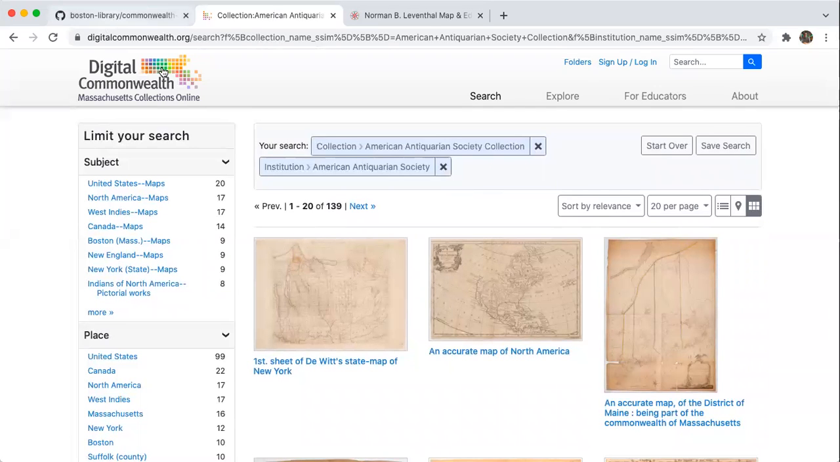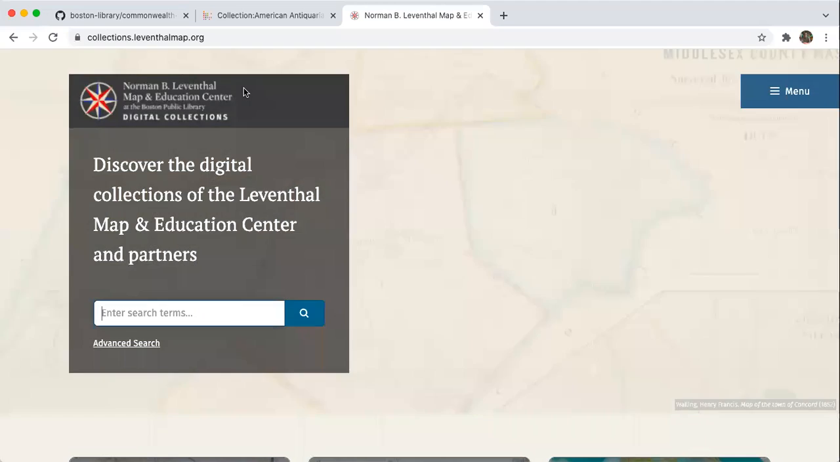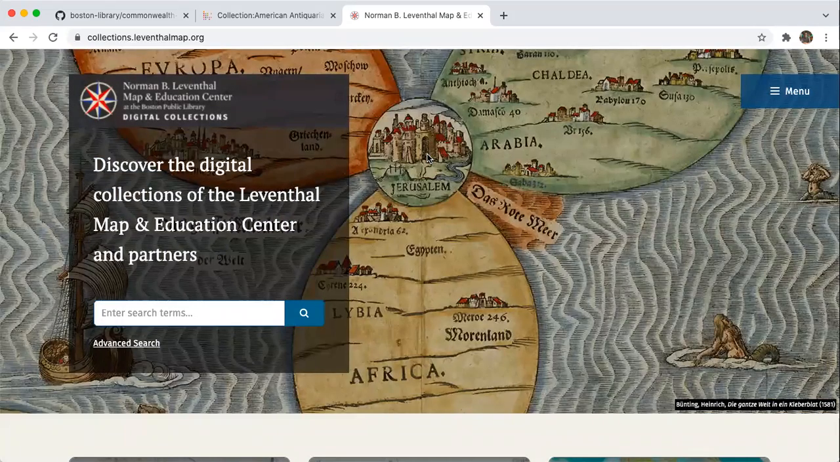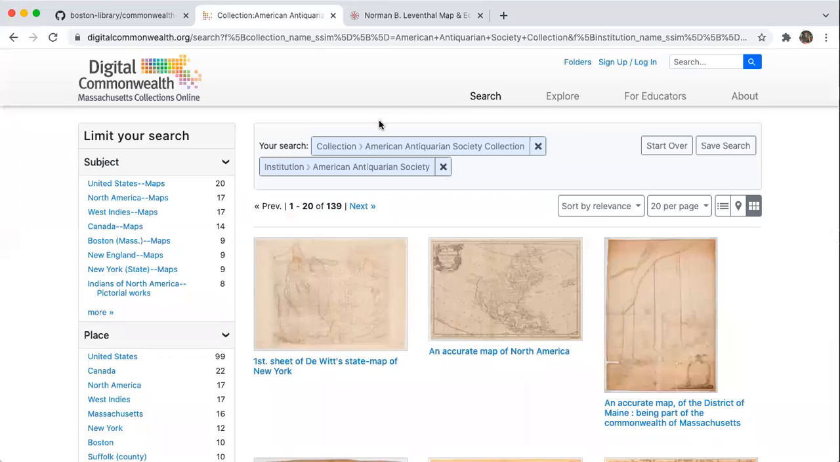In addition to Digital Commonwealth, we also have the collections of the Norman B. Leventhal Map and Education Center. This is basically a scoped interface to just maps that are within our digital repository from a bunch of different institutions. In terms of the plugins that are included in that, we have Blacklight Advanced Search,